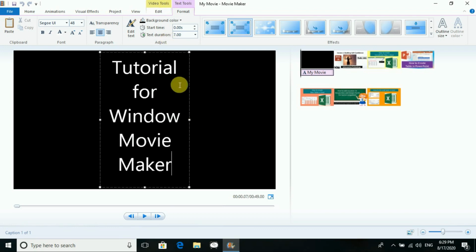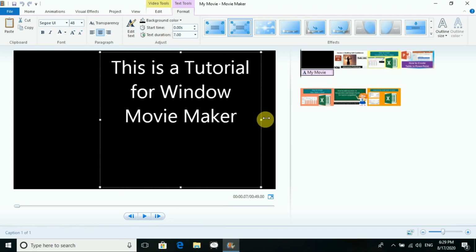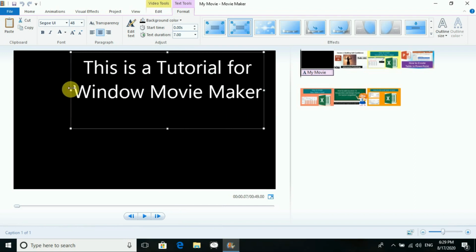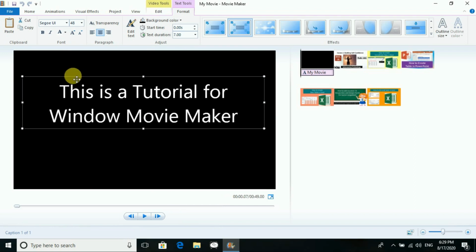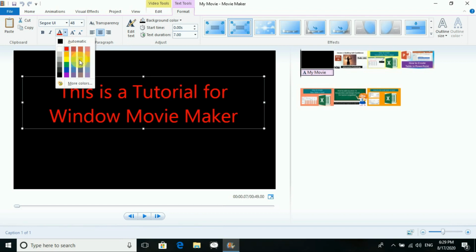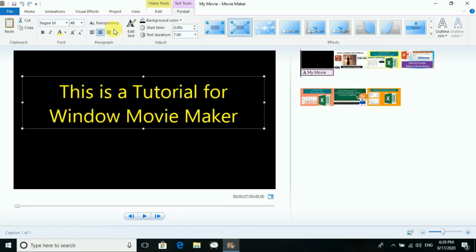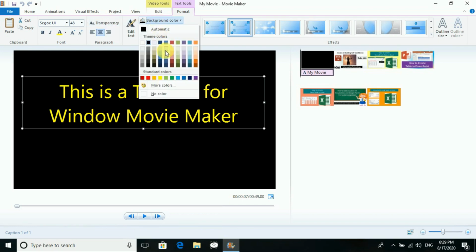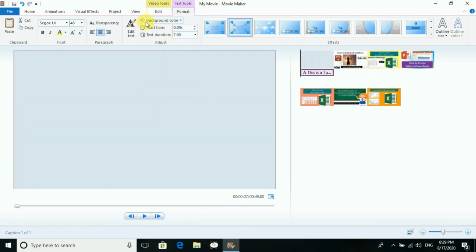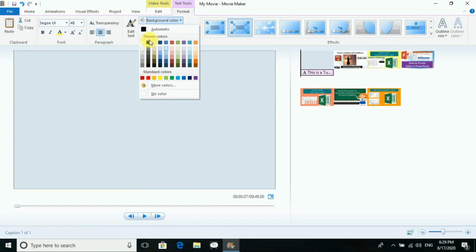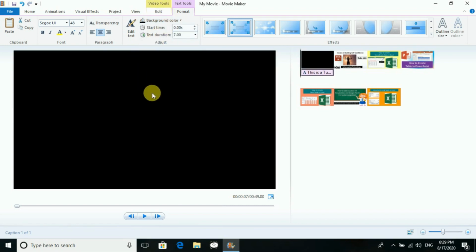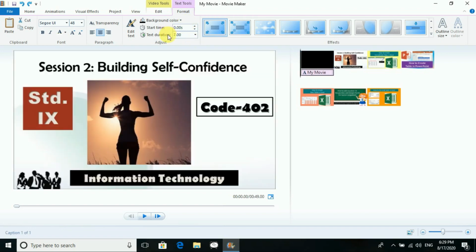When I'm writing over here, you must have seen that I can move this part. I can make it big, small. I can even change the font over here. You can see here the color, I can change it. I want yellow color over here. Yes, I can give it. I can give transparency if I want the transparency over there. Background color, I can give it if I want to give the background color. By default it is as it is. Okay, so we will just keep it the same.